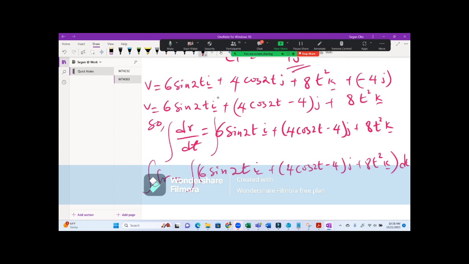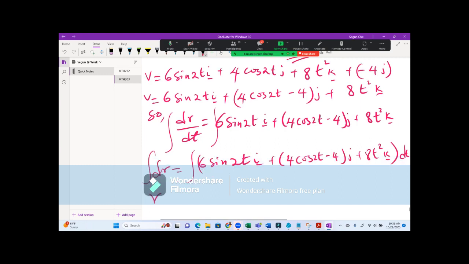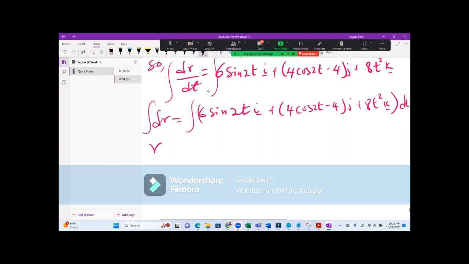So in this case, we have R here. Remember, anytime you have R with an integral, the d, that is the differentiation aspect, will be neutralized by the integration sign. That was what I did the other time. So here we do it component by component in order to be safe. We have the integral of 6 sine 2t i dt, plus the integral of 4 cos 2t minus 4 j dt,